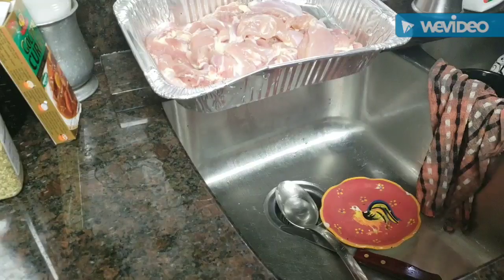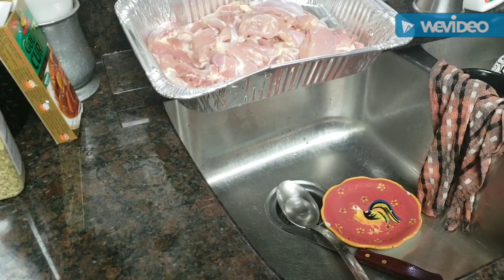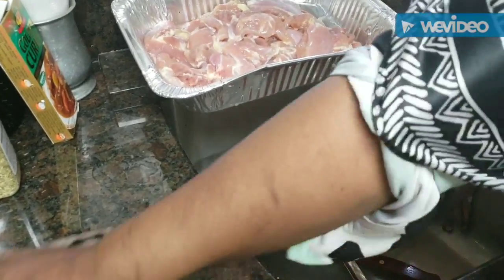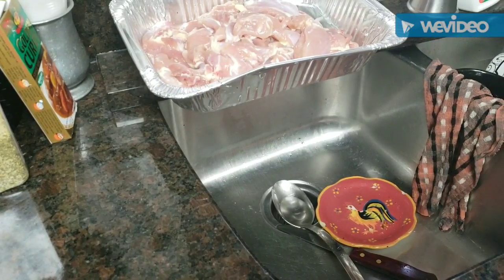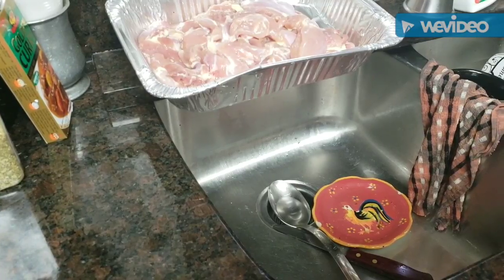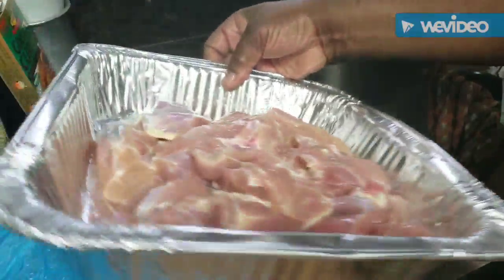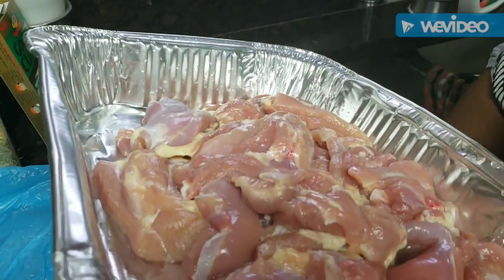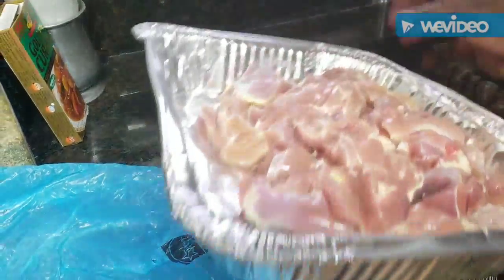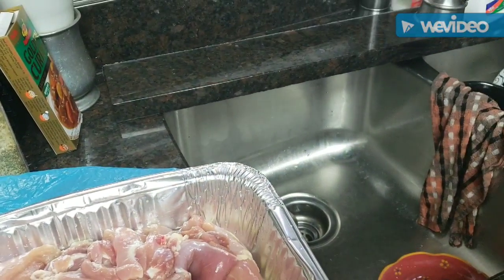So for extra added protection, I put one of these little plastic bags that come from the store. They work good. What I always do with mine is turn it inside out and put it there and pour it. You can pour it off, and I'm pouring it directly into my drain so it doesn't recontaminate the sink again. Pour as much of the juice off of that chicken as you can,